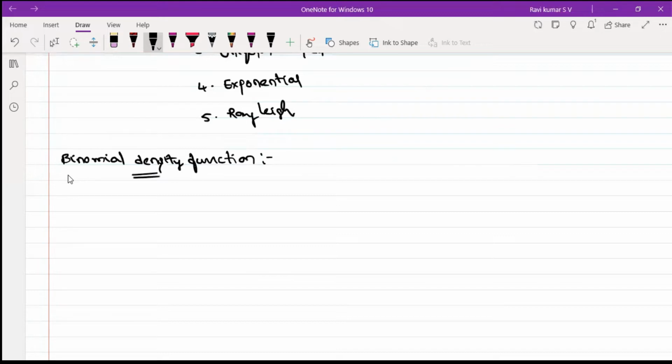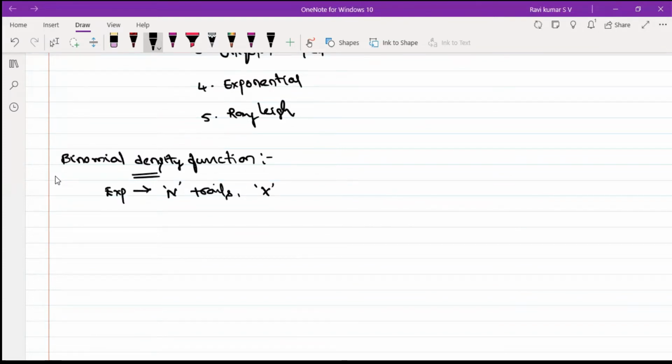We'll start with the binomial density function. Now I have one experiment, and this experiment is repeated multiple times to get exact results or accuracy in the results. So now I'm assuming that this experiment has been repeated n number of times. That is, I performed this event in n trials. Then for this type of experiment, the binomial density function for a discrete random variable x,